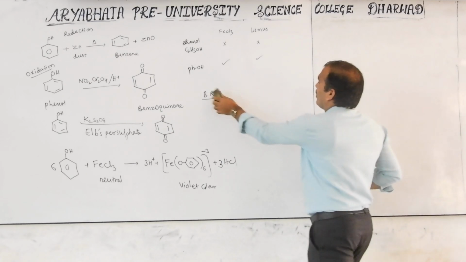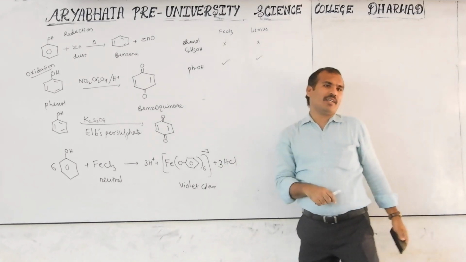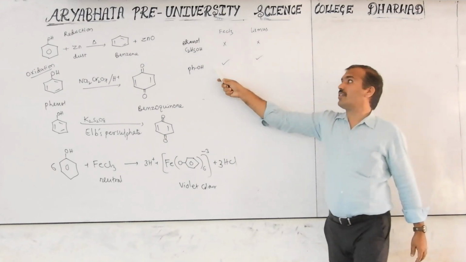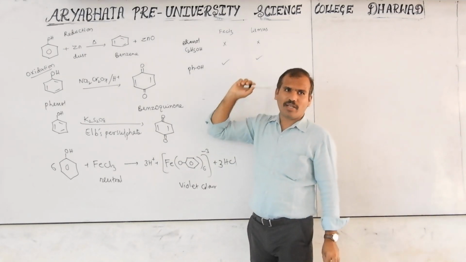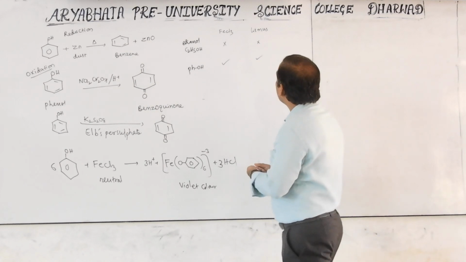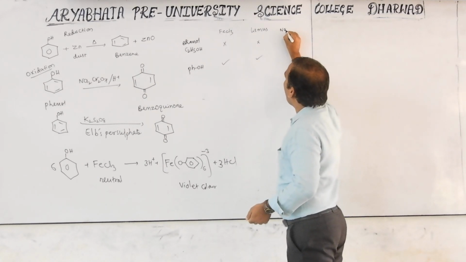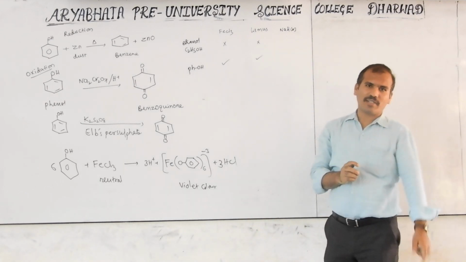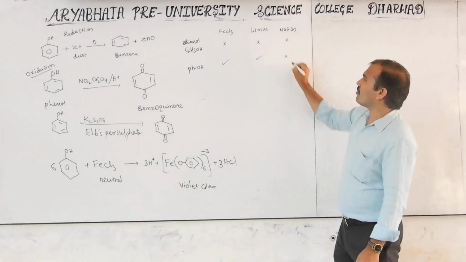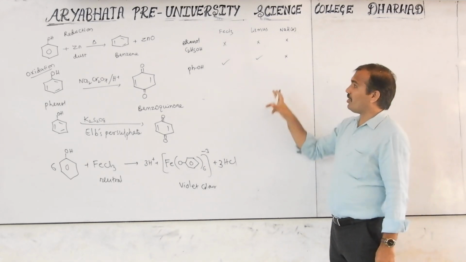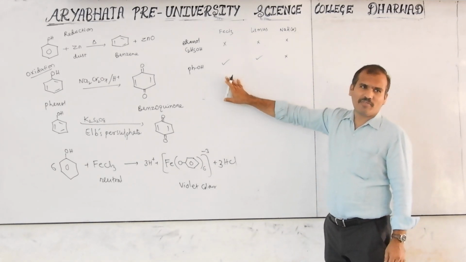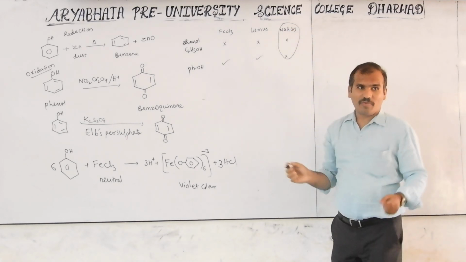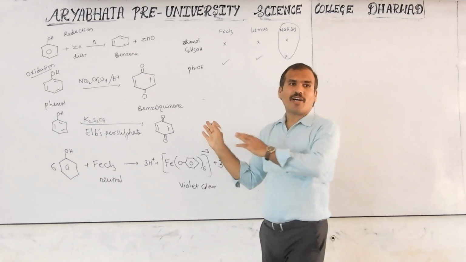Phenol is not that much acidic, already discussed in the acidity of alcohol. This is more acidic, this is less acidic, because it will give the reaction. Another one is the NaHCO3 test. Generally, it is the carboxylic acid identification test. Both will not give it, here there is no COOH group, that's why it will not give. This test is for identifying carboxylic acid.